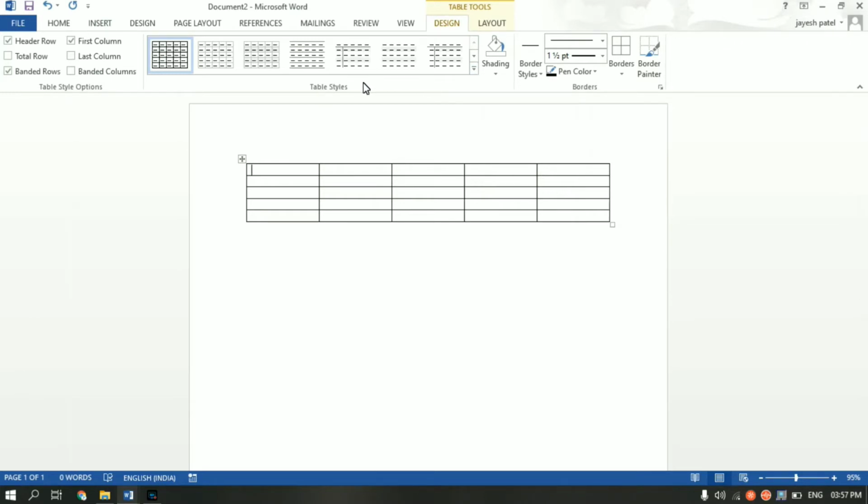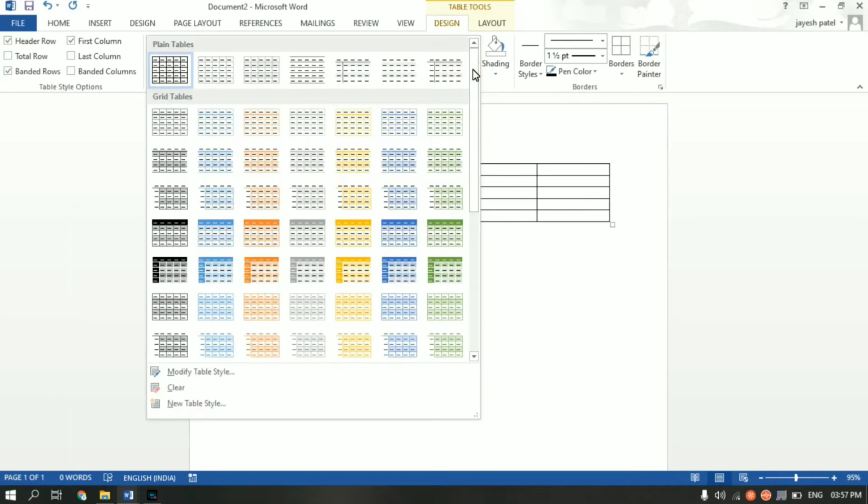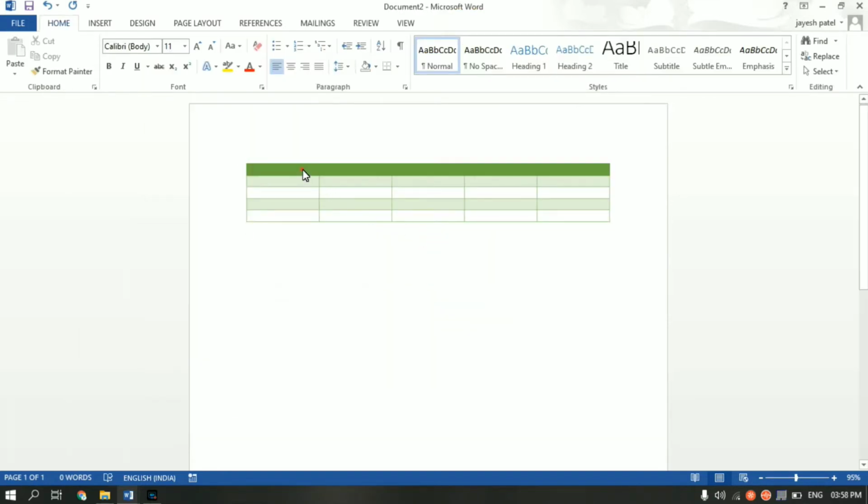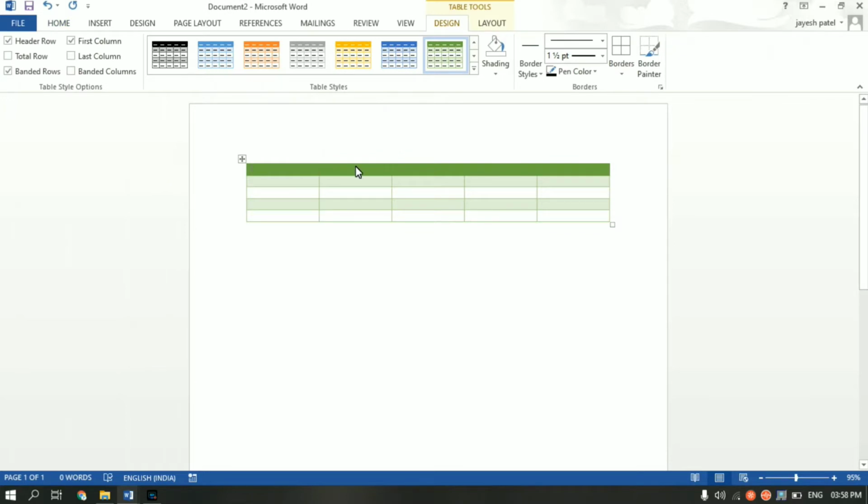Now click on the table style, this bottom arrow, and from here you can choose from a bunch of pre-made styles available. I like to use this one. Now from here you can add the header. Let's say this column is serial number, this is name, for this it is address, for this let's say it's age, and for here it is email ID.